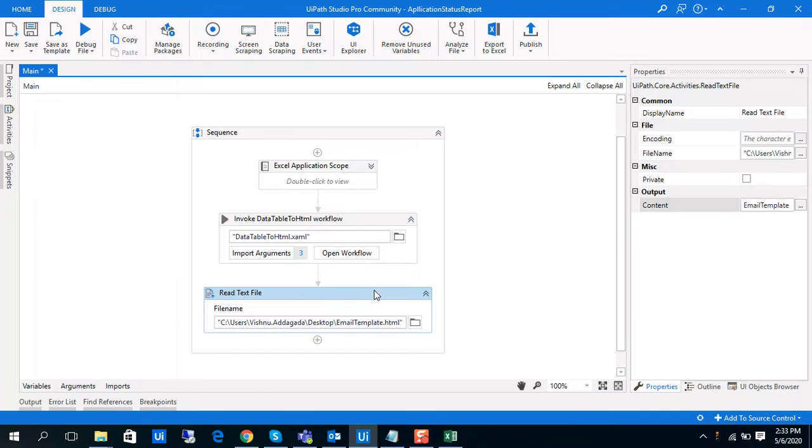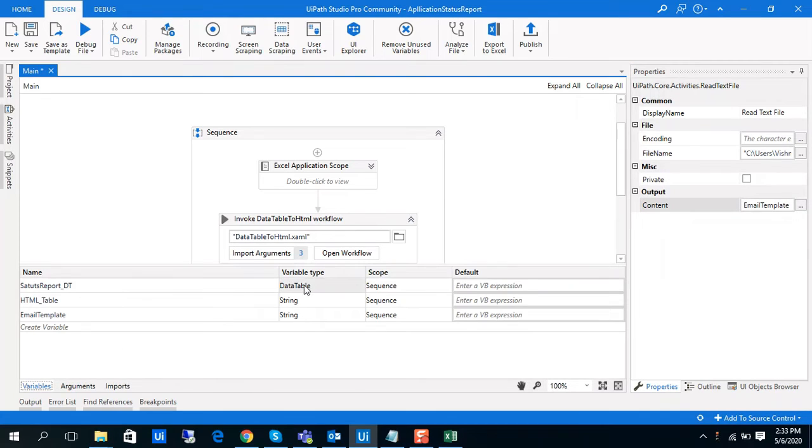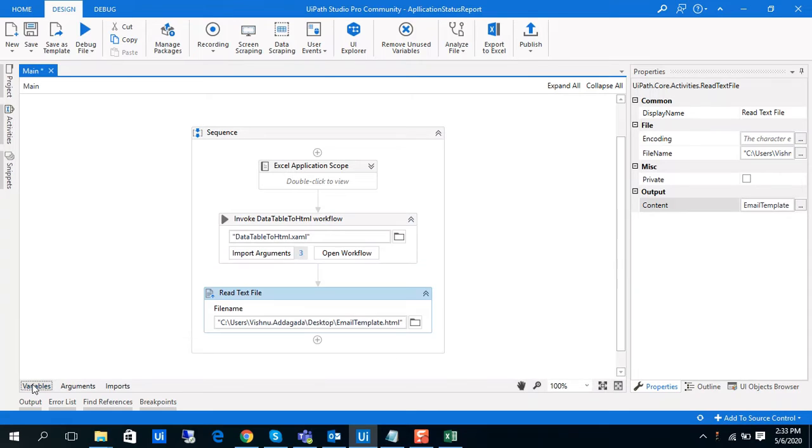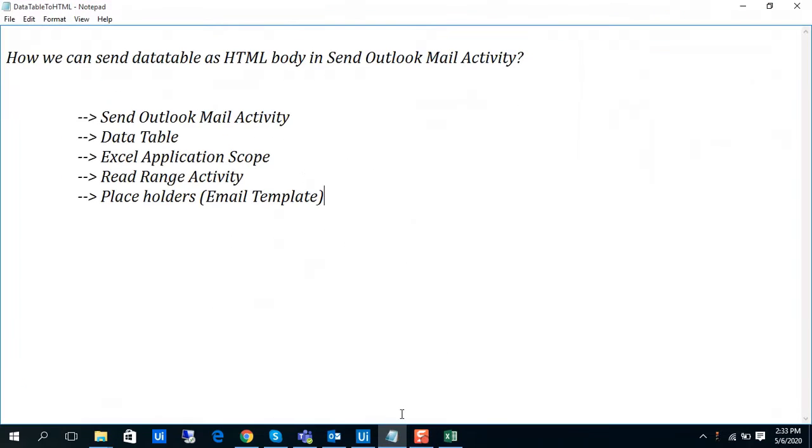So now we're done with the email template. If you see the variables, it is automatically saved. It took the variable type automatically: email template, string, HTML table. So what we have done up to now is we already read the data table from the read range activity. The output of the read range activity is nothing but a data table, which is under the Excel application scope. We've done this, and now